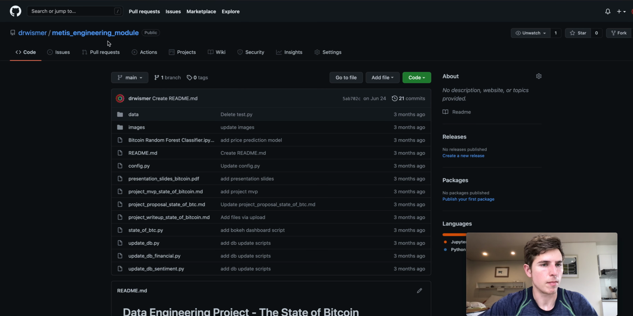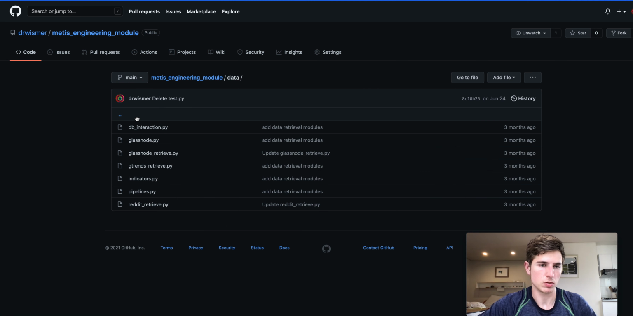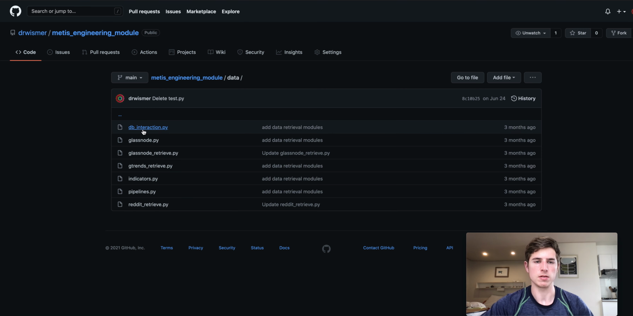And here I am within my Metis Engineering Module repository on my GitHub. And if we go to this data folder, you'll see a variety of different modules here that are all used in the process of getting the data ready for presentation. I think the first thing that we might want to look at is this Glassnode